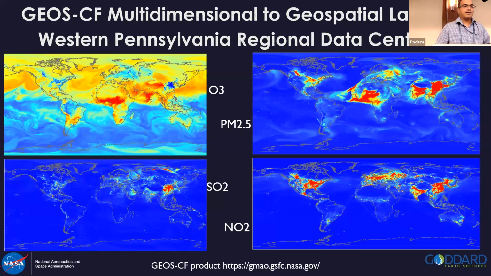Now, when we are communicating with stakeholders, we have various needs. Bob just mentioned his list of interests. We are targeting one at a time. The first one we are looking at is the GeoCF forecast, the 5-day forecast. And we are trying to at least put together a pipeline that can serve from point A to point B, where users at any point in that data pipeline are able to access this data